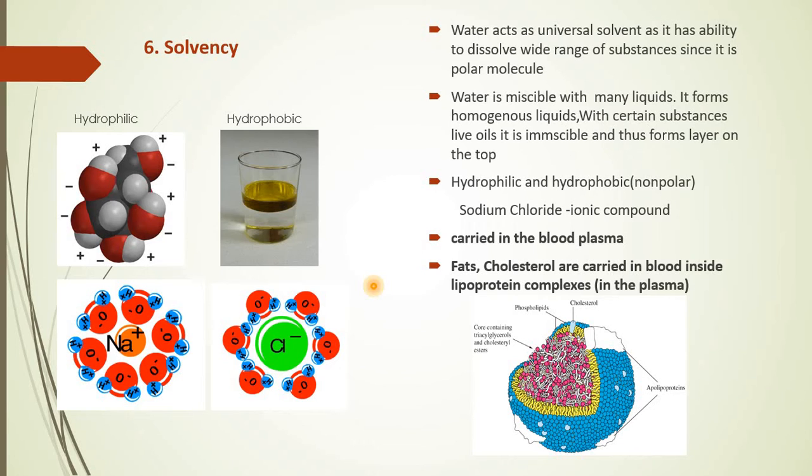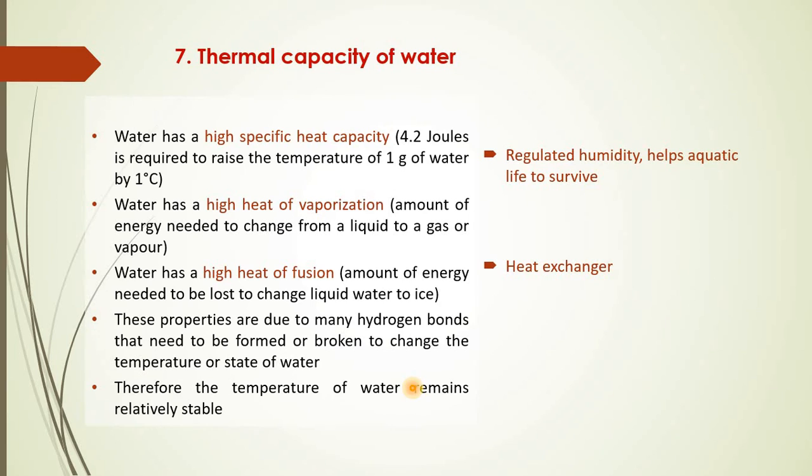There are a large number of substances which are hydrophobic in nature, like fats, you can say cholesterol. These are all hydrophobic in nature. They don't get carried in the same form. So what is the mechanism by which these hydrophobic substances will be carried? It is by formation of a lipoprotein complex, wherein the lipoprotein forms the outermost covering and the substance is present within this lipoproteinaceous covering in the plasma, and this way the process of transportation is observed very easily.